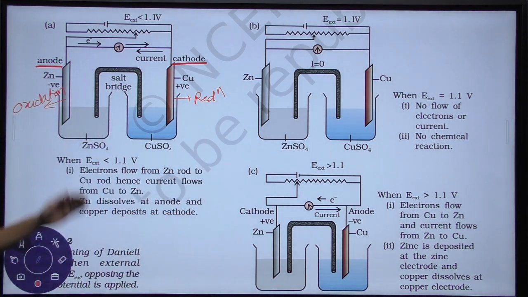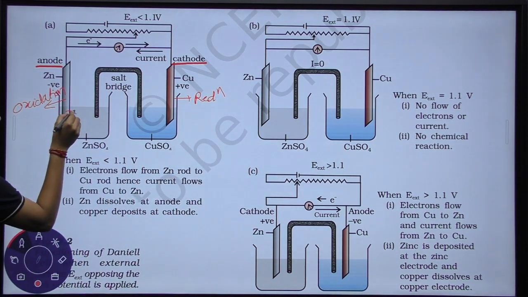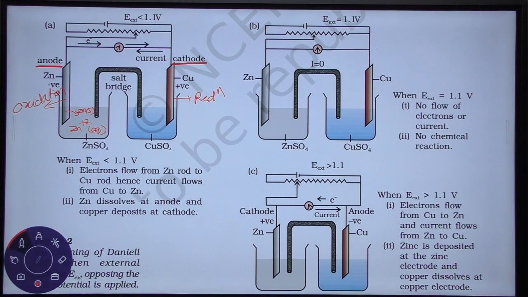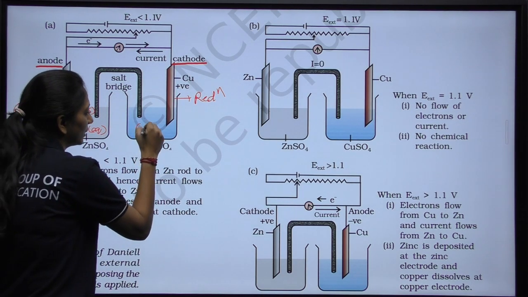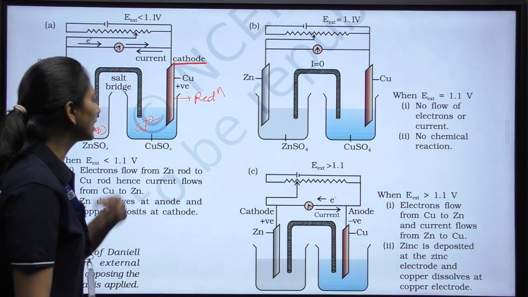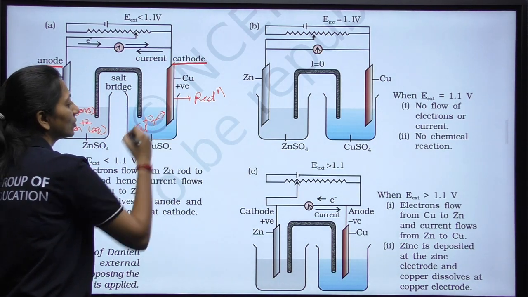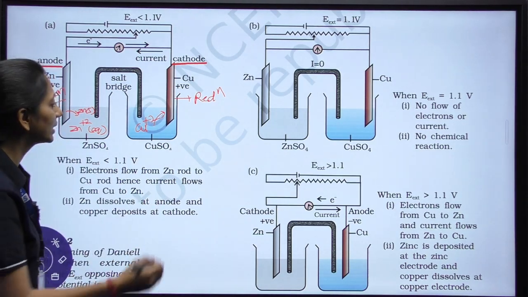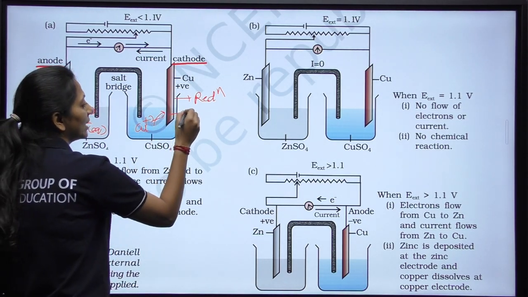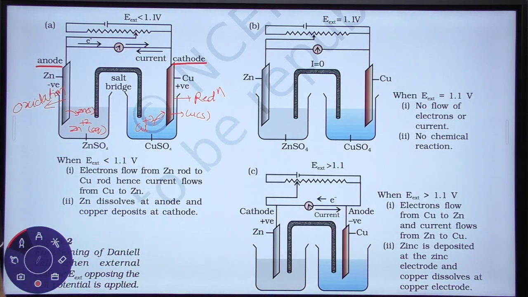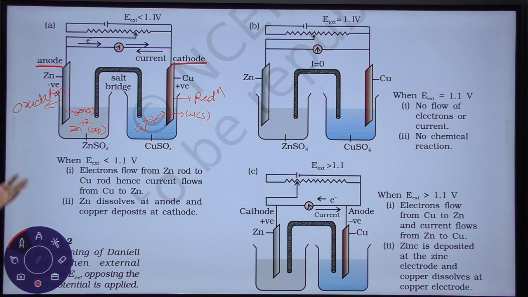ओके, ये हमने पढ़ा. ऑक्सीडेशन में क्या हो रहा है? Zinc metal from the solid state is going into the Zn+2 state in the aqueous form. Whereas the copper which is present in the solution, हमने कल पढ़ा था कि कॉपर के पास जो आयंस हैं, Cu+2 के आयंस, वो क्या करेंगे? They are going to accept the electrons and they are going to settle over this copper electrode, as the copper solid. Okay, so this is the rough thing which we have studied yesterday.